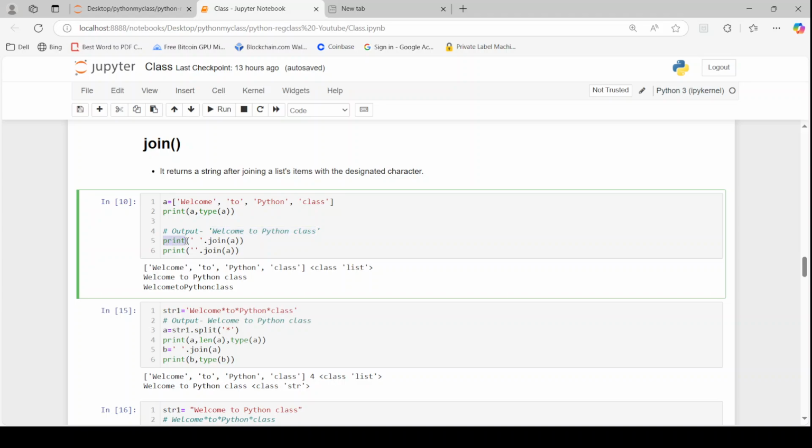Print, then inside the print statement, you give this space. Inside the single quotes, you give a space character, then dot. The dot operator you have to use because I need to access the join method. So join, then inside the join, you have to pass a list. And what is the list? The list here is nothing but a. So welcome to Python class